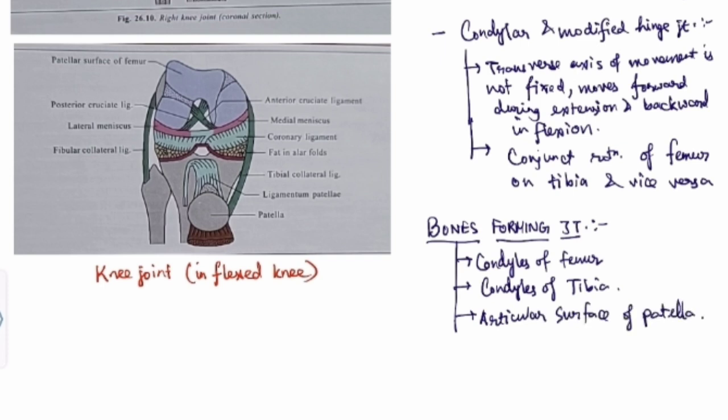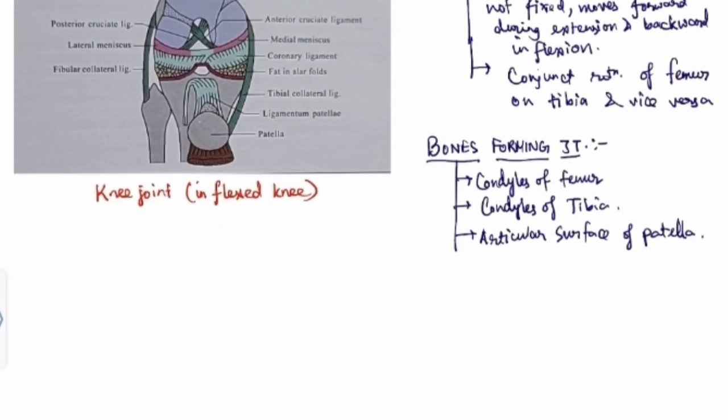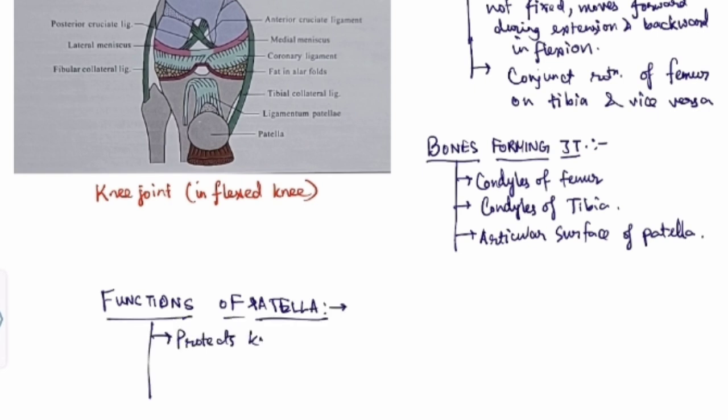Coming to a special point only concerned with the knee joint, that is the functions of patella. If a short note comes regarding patella, though it's a very rare situation, but still if a short note comes, you may write this also. Protects knee joint from the front,